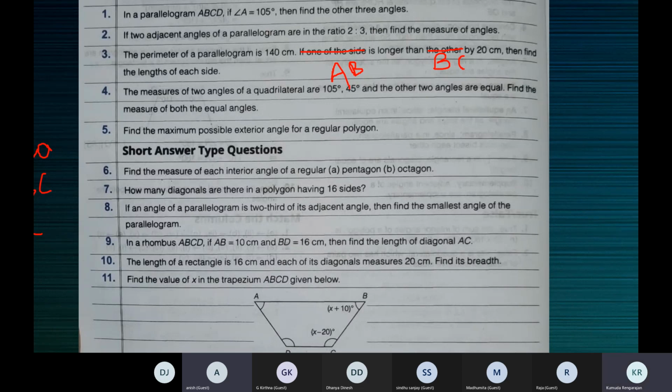So how will you substitute in the formula? Tell me, after you substitute for n, how will it look? Ma'am, 16 into. Ma'am, will you repeat the formula again? Yeah, n into n minus 3 by 2. N is 16 into 16 minus 3 by 2. What is 16 minus 3? 13. So it will be 16 into 13 by 2. Simplify and get the answer. You should get 104. Okay, ma'am.